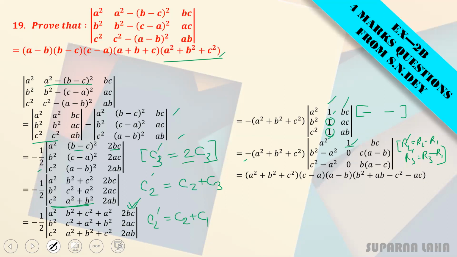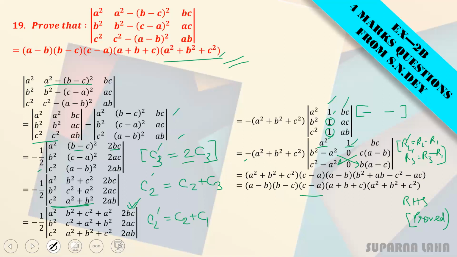So minus minus plus ultimately. And if you will simplify it, just simplify it. I'm not simplifying it here properly, so you will simplify it. I'm just writing down the value directly. So you will find this value, that is this right hand side. Okay, just simplify it. Just multiply with this and this, minus of this and this, and multiply with a square. Okay, you will find this value. Clear? So this is your right hand side, a minus b, b minus c, c minus a, then a plus b plus c, a square plus b square plus c square.